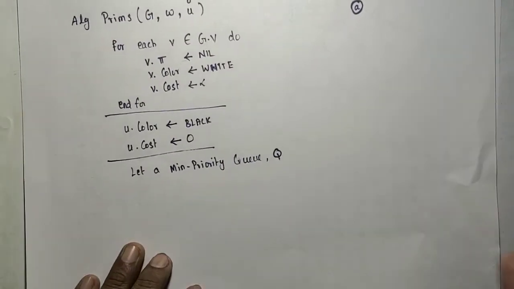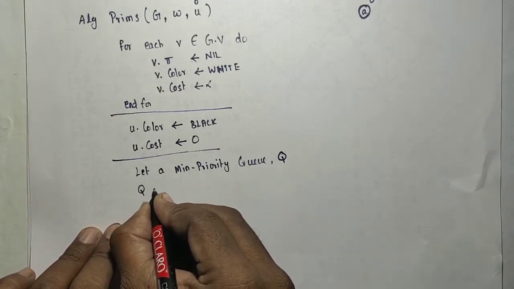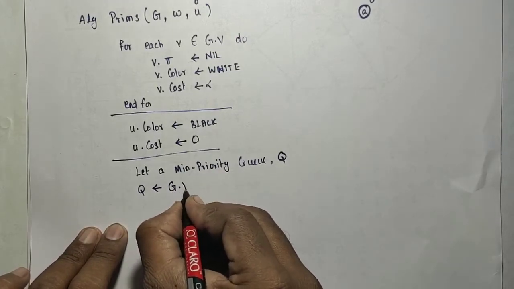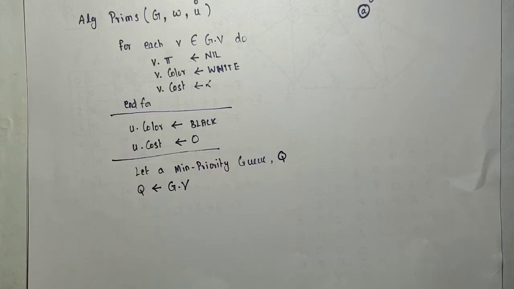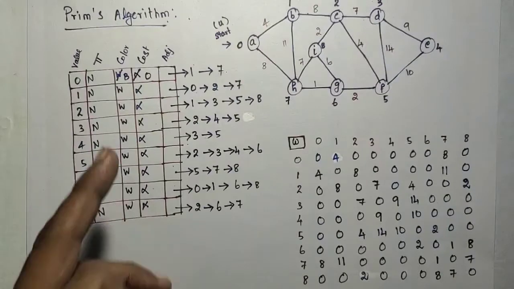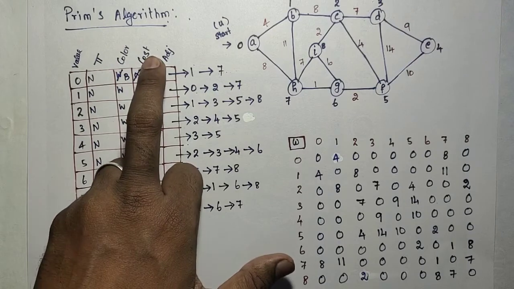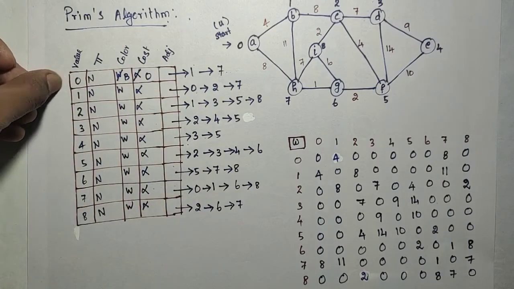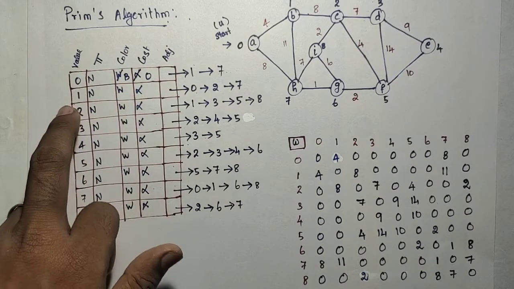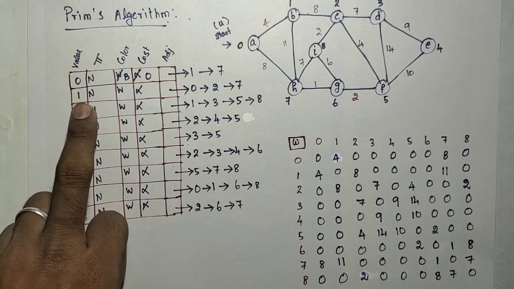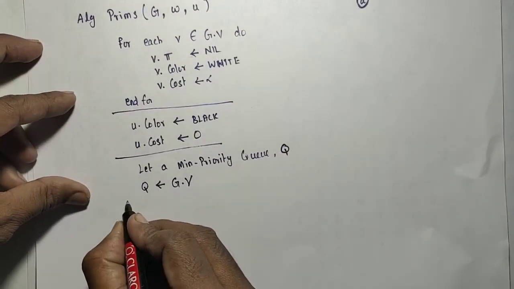So I have to add all the vertices into this queue: G dot V. So everything will be inserted. This statement is simply inserting all the vertices into that min priority queue. So next time when we retrieve one element, it will be retrieved based on that cost. The cost is 0, that will be considered as the key here. So 0 will be retrieved first. Next, all the infinities are the same, so it will follow first in first out. So 1 will be retrieved. Like that you have to assume it. So that is step 3.